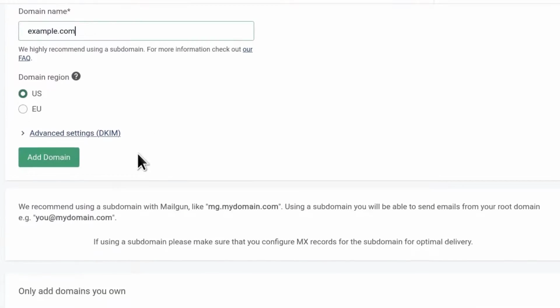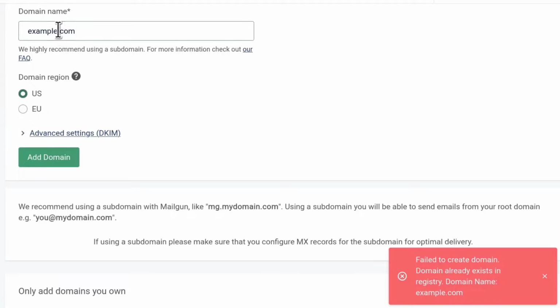Let's see if that's going to add. And then you can choose a region for the domain, the data center. And then I'm going to click there on add domain. So the domain cannot be added. Why don't we add